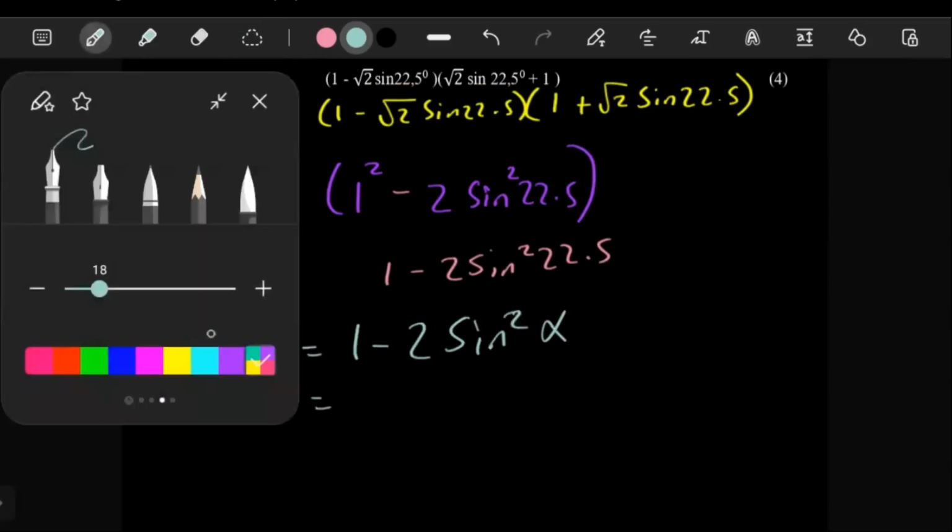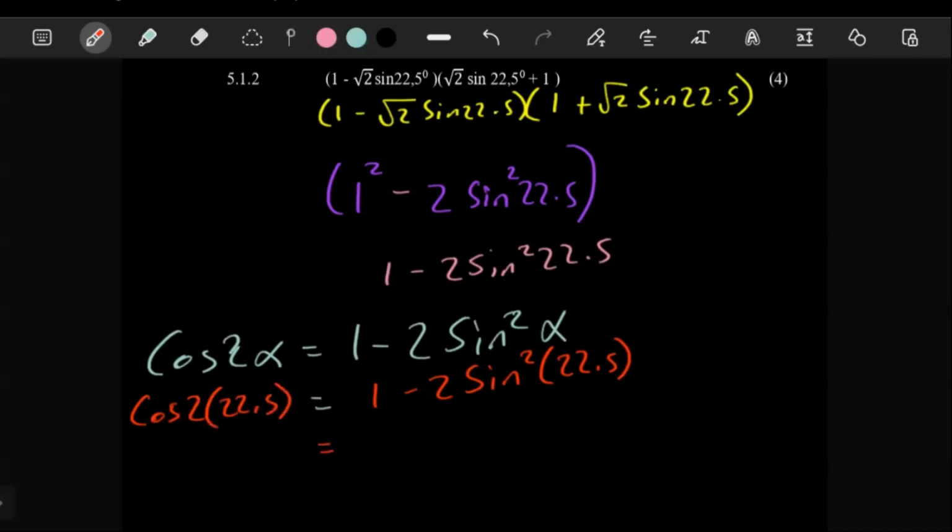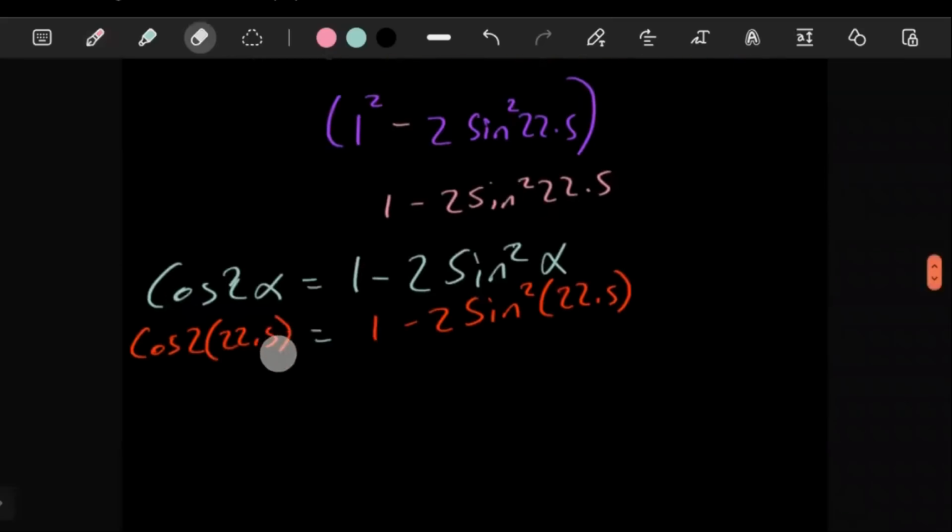Now this is where we see alpha, right? We basically have the 22.5. So this is like cos 2 and then 22.5. Now this, so what we now know is what we have over here, right? This whole thing here, we know it's just this thing here. And what that means is, we can now just work with the one which is easy to work with, because we're supposed to just